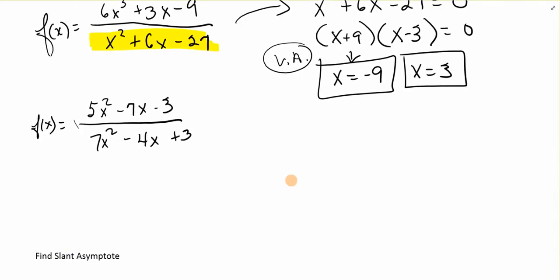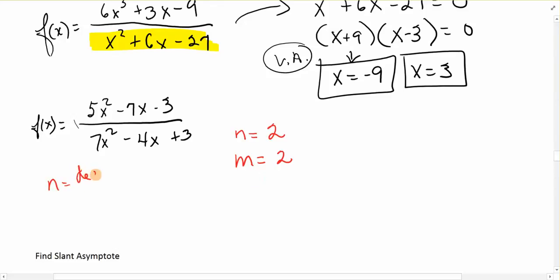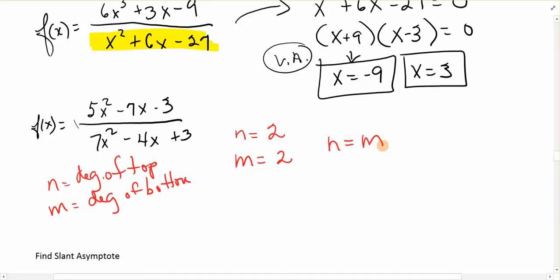Horizontal deals with comparing the top and the bottom. Do you know what degree is? What's the degree of this thing? 2. So it's the highest exponent, right? So the degree of the top, I'm going to call it n, is 2. The degree of the bottom is 2. So we're always comparing the degrees. N is the degree of the top. M is the degree of the bottom. All right. If n equals m,